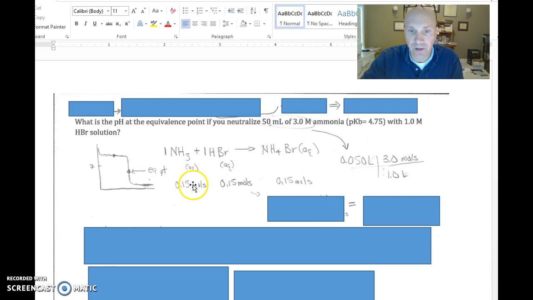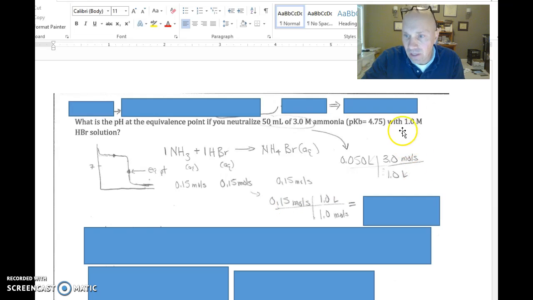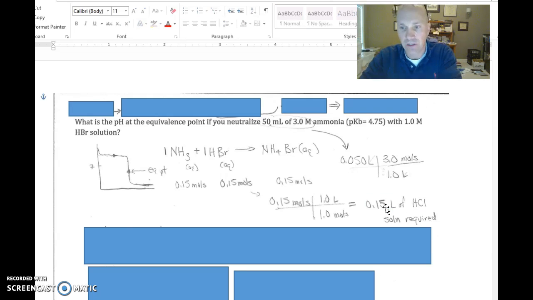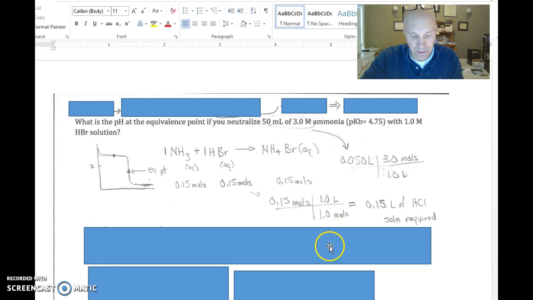So where to from there? Well, if we have 0.15 moles of this, what does that mean about how much of the HBr solution we would need? So if we've got 0.15 moles of this, and we have it in the form of a 1.0 molar HBr solution, that would tell us that we need 0.15 liters, or another way of saying that is 150 milliliters. So what we can do with that is figure out what the concentration of this salt would be at the end of the